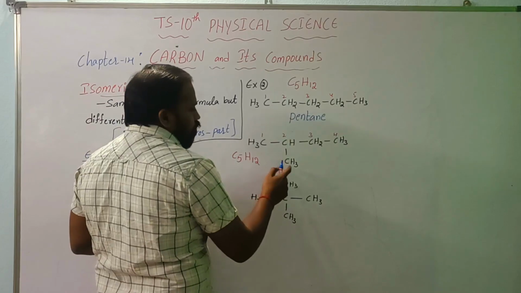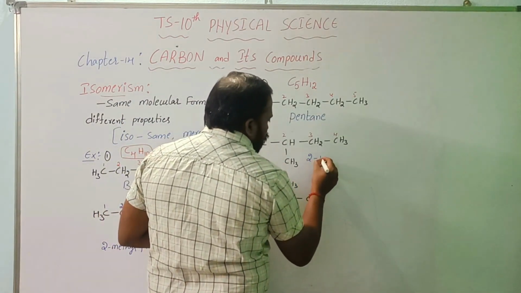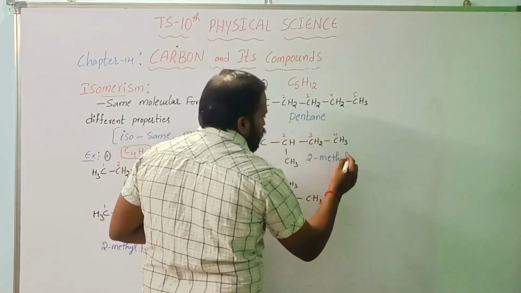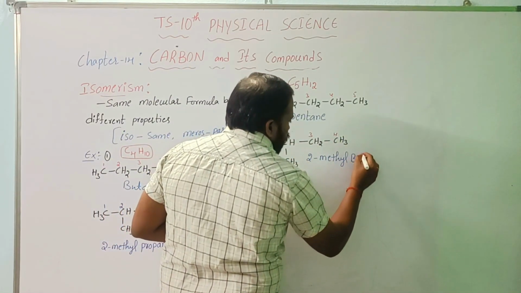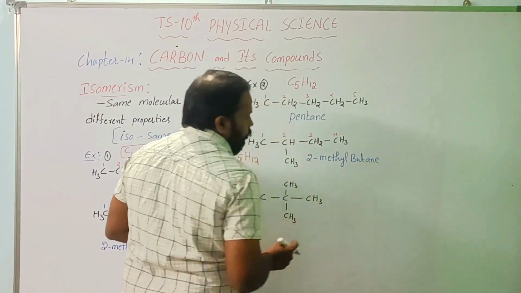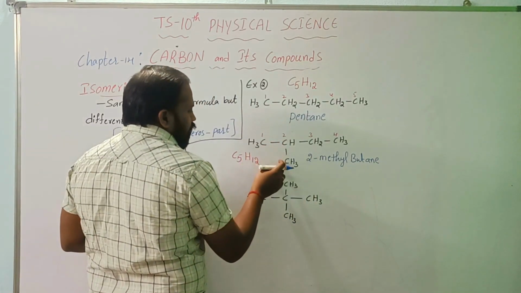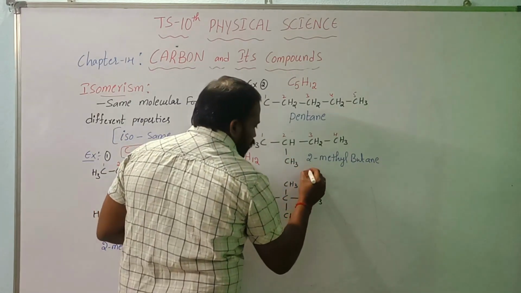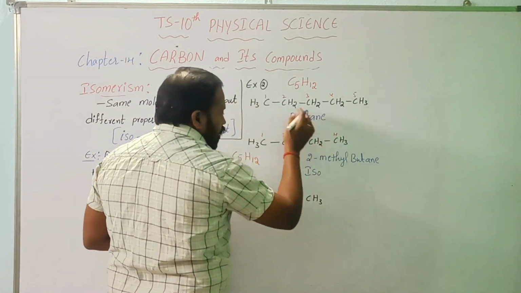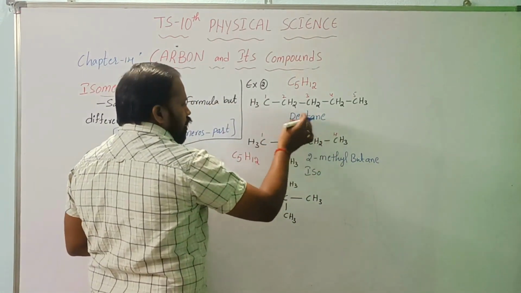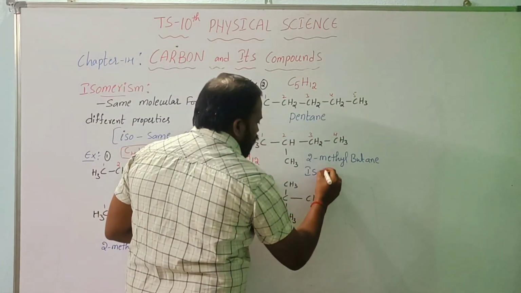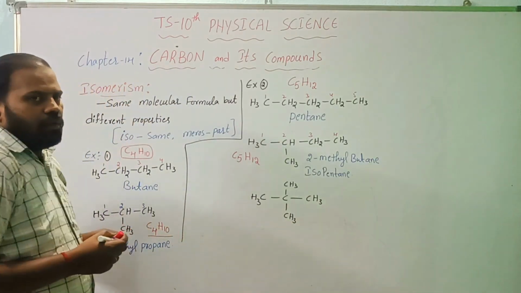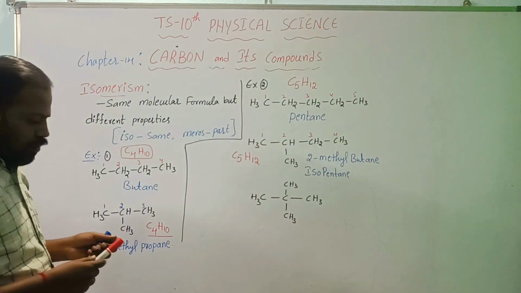The second carbon has the methyl group, so we can write the name as 2-methyl. The longest chain is 4, so that is but, all single bonds, ane. If the second carbon has a methyl group, we can say that as the position of iso. When you say the iso position, then you have to count the total number of carbons. So that is pentane. Isopentane. The other name of 2-methylbutane is isopentane.